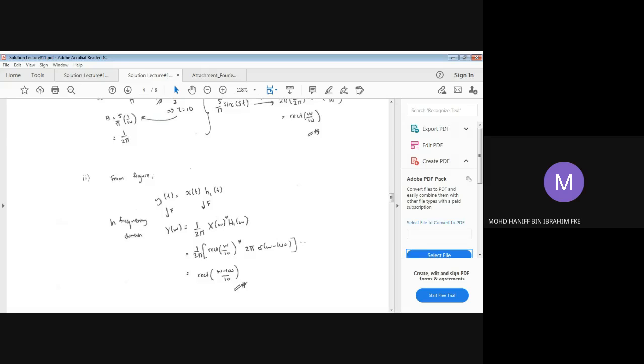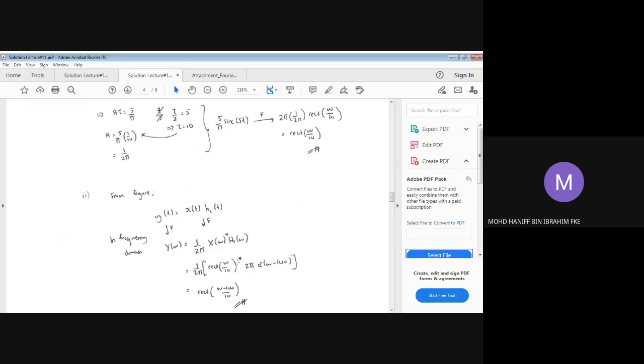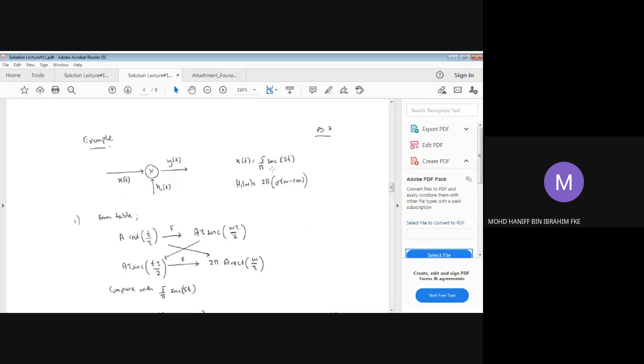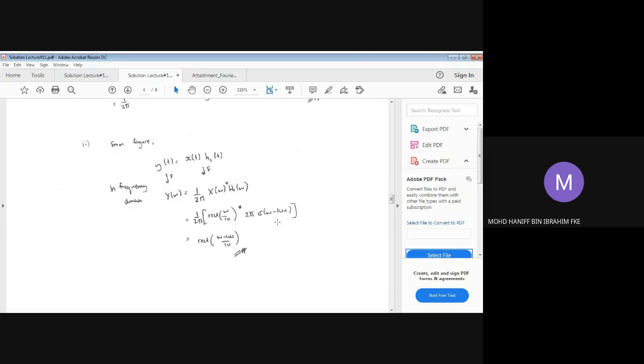Okay, so we know that the x omega from the previous part 1 is rectangular omega over 10. So we have this. And the h1 omega from the question gives us 2 pi of delta omega minus 100. So basically, it is convolution between these two signals. So by now, I hope that you have understood what is meant by convolution. Convolution is a case whereby the signals will be shifted accordingly. So in this case, if we refer to these two signals, rectangular omega over 10,